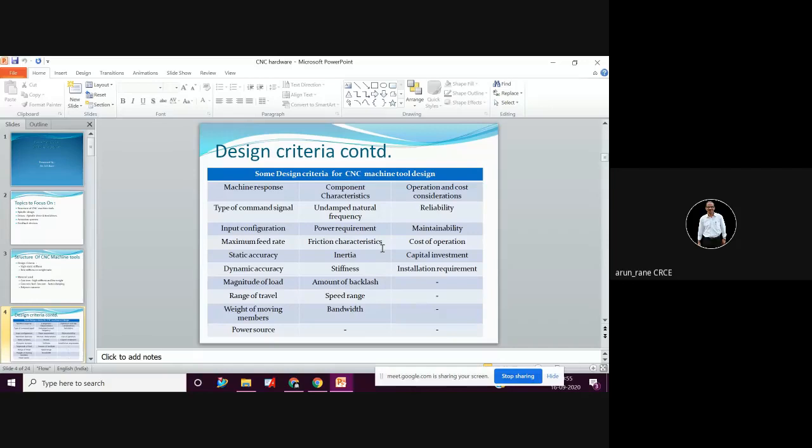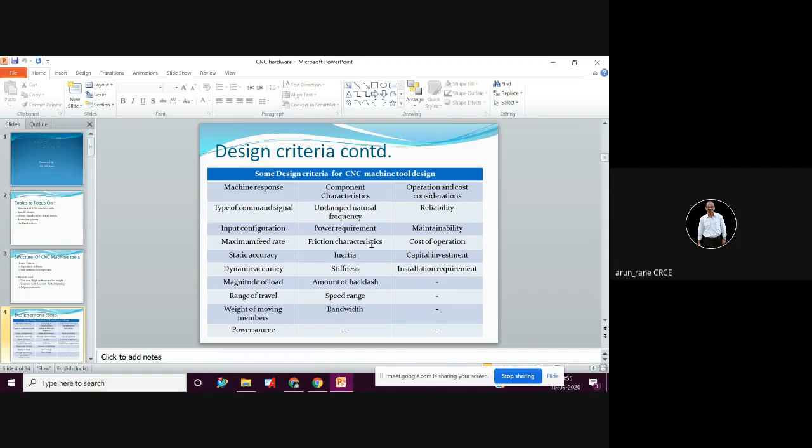This is what your friction characteristics are. Zero friction, isn't it? Just now I gave an example of ball screw and nut. We put balls inside. It's not like our normal conventional machine where the friction is more. The more the friction, the more it will resist the motion, so you will not get good motion. You will not get the feed rates. We are talking about 10 meters per minute, 10,000 millimeters in a minute. This is the speed, the velocity we are talking about. So unless and until it is frictionless, you cannot.